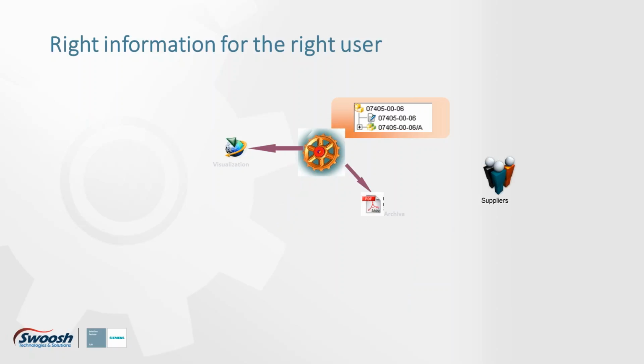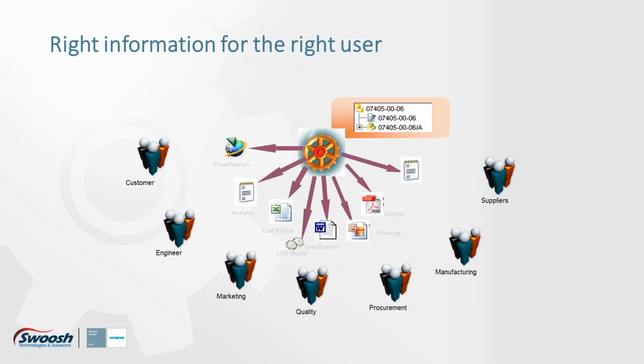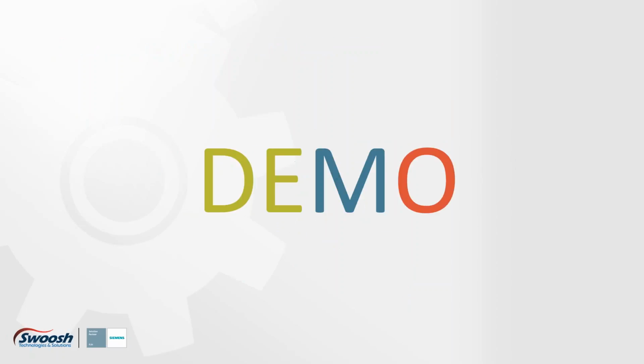So by setting up the structure the way it is inside Teamcenter, everybody that goes in and looks for the product is able to find all the data that they need, all the relevant data they need to work with. So with that being said, let me show you right quick what this looks like inside the rich application client.